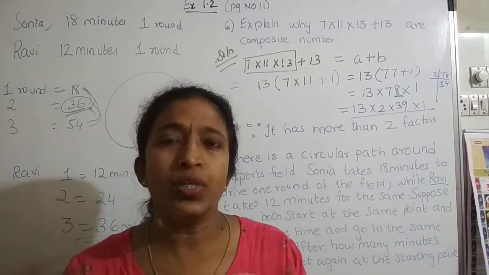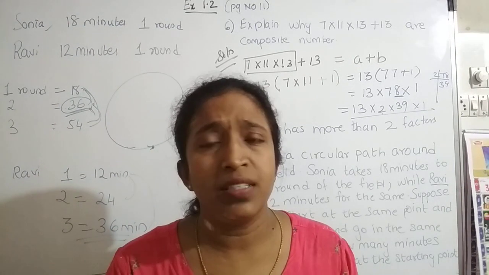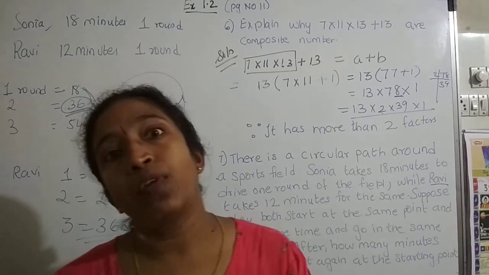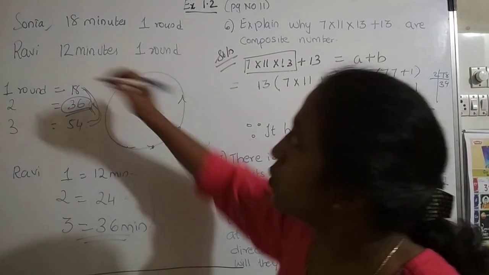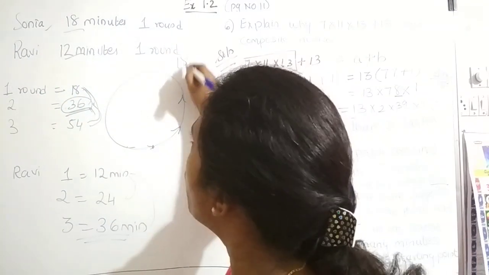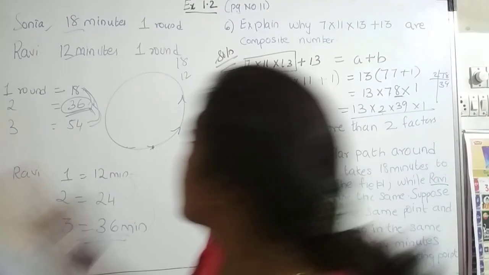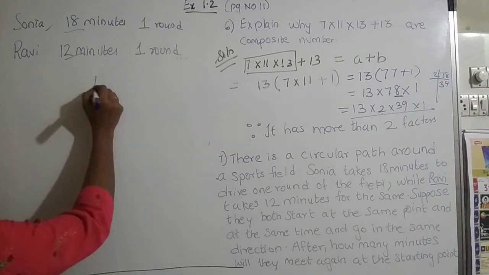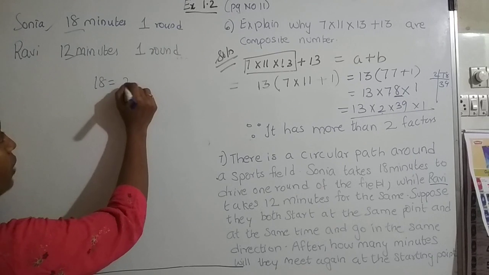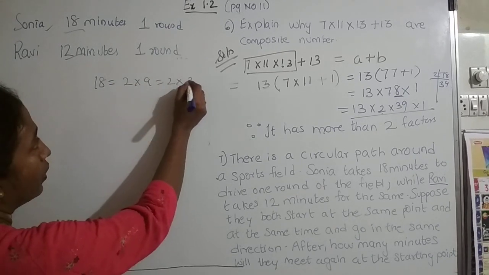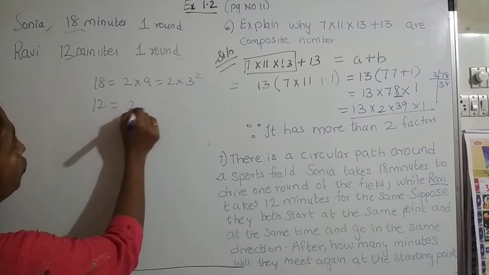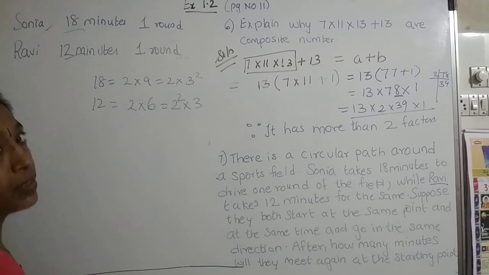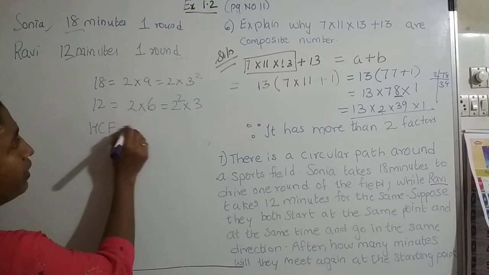Now here students usually get confused about when to use HCF and when to use LCM. Let's see if you have not understood this concept. Suppose you have to find the HCF for the same problem, 18 and 12. If I take the HCF of 18 and 12, what will I get? Sometimes if you don't understand practically, try both. 2 9s are 18, so I'll get 2 into 3 square, and for 12, 2 6s are 12, so 2 square into 3. If I take the HCF of this, what will I get?